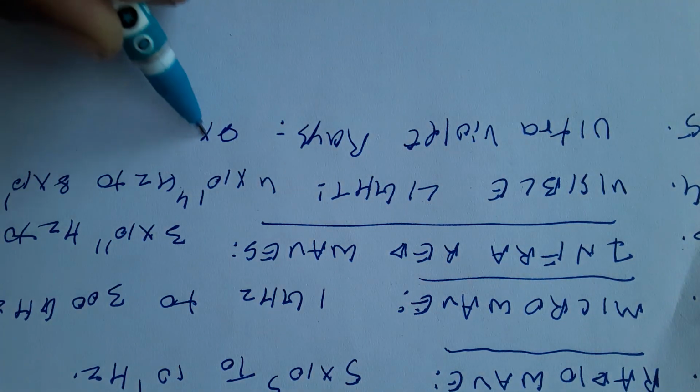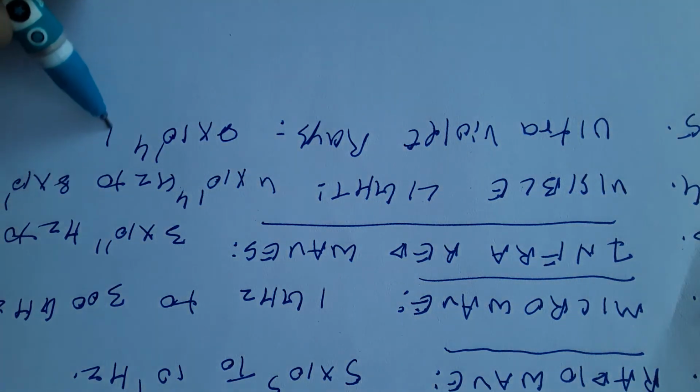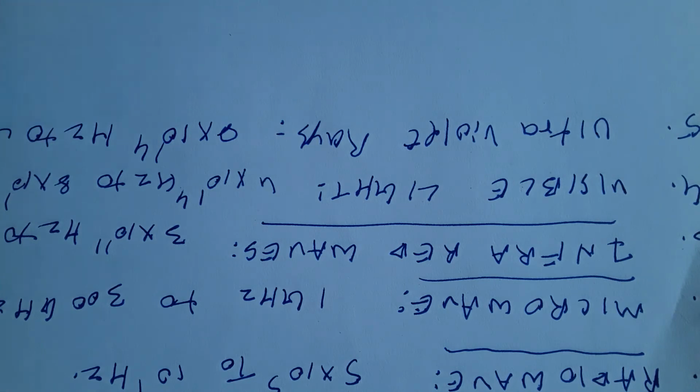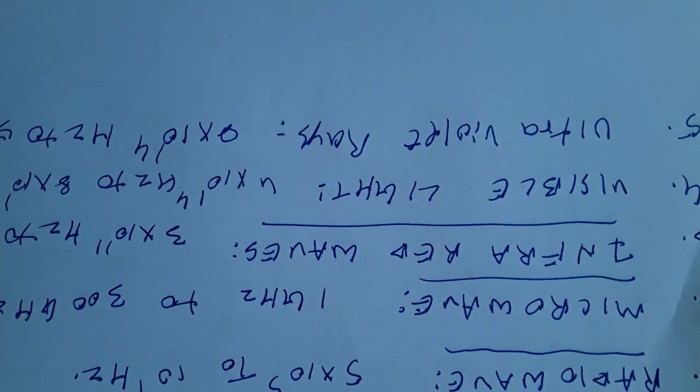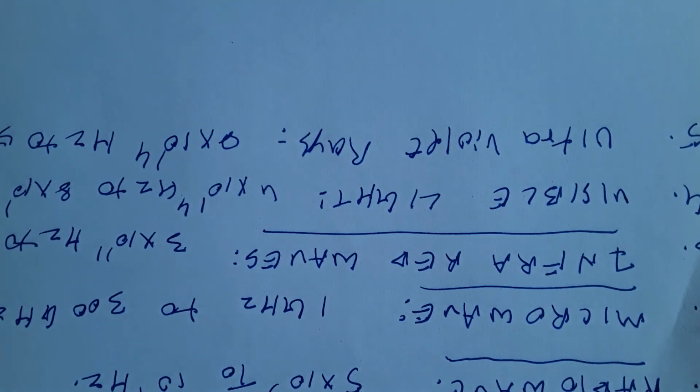The frequency range of ultraviolet is 8 × 10^14 hertz to 5 × 10^16 hertz. Uses: in burglar alarms, to preserve foodstuff, in LASIK eye surgery, to kill germs in water purifiers, to destroy bacteria and for sterilizing surgical instruments. And it is used to check mineral samples through the property of ultraviolet rays that cause fluorescence.